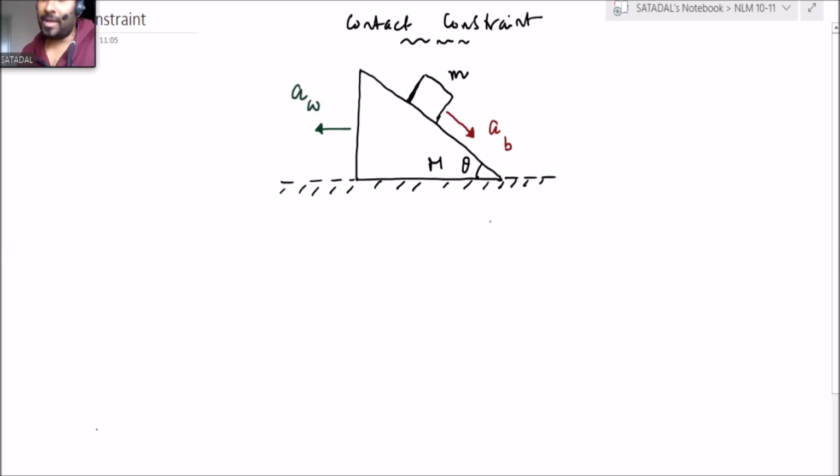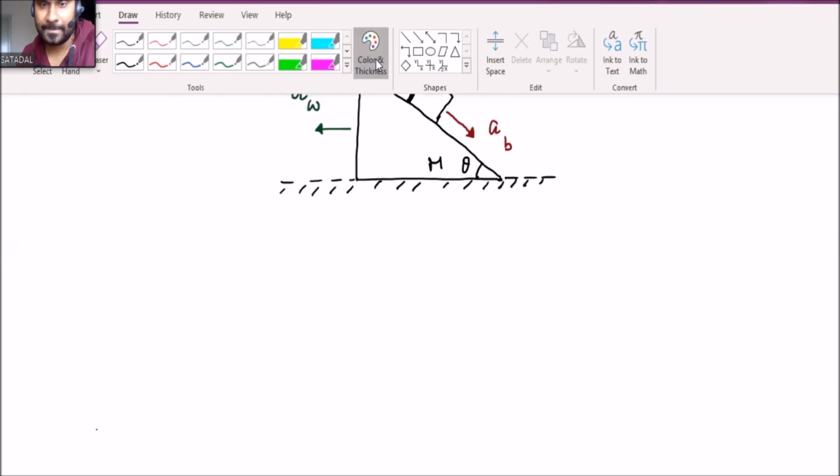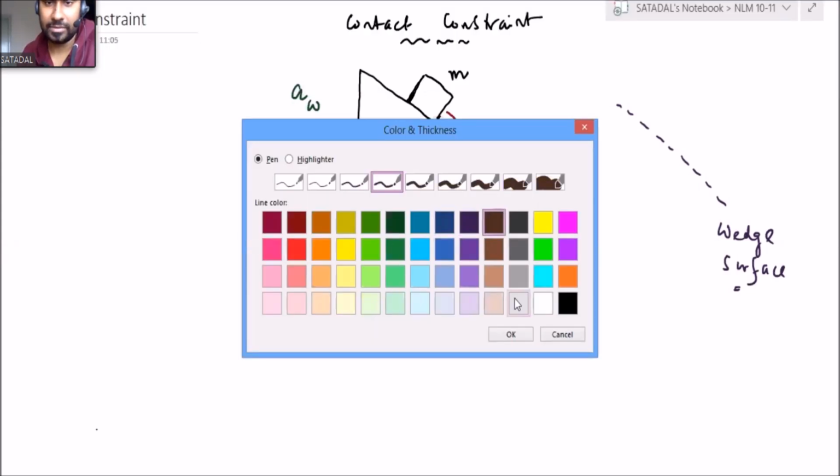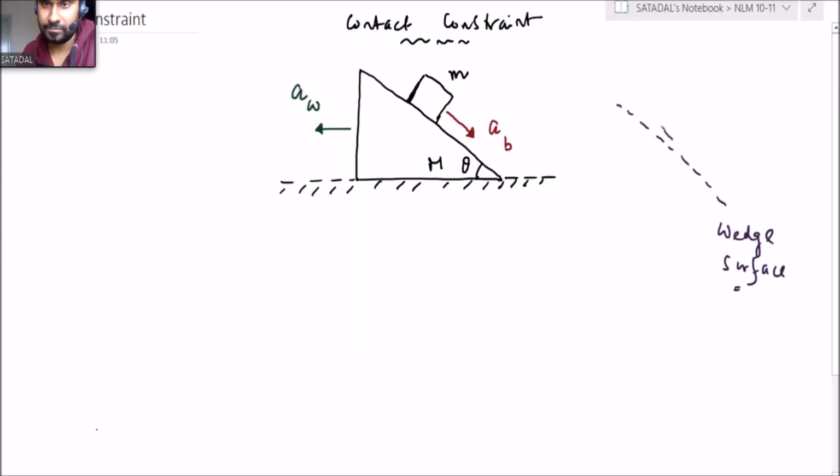So now I'm going to apply a concept. I have to connect these two accelerations. If you read books, there are plenty of methods given, this x, this y, those, not required at all. We will be doing it with a very smart concept, and the concept moves like this. Suppose this is the wedge surface. Listen to me very carefully. This one is the wedge surface, and just above it I am taking the block. So this one is the block surface.